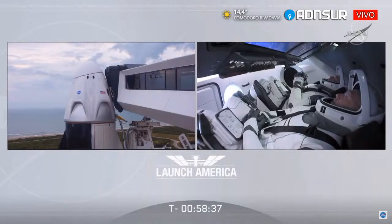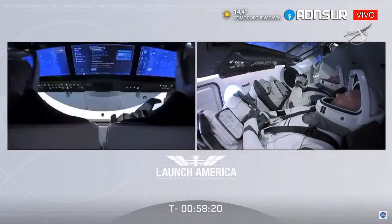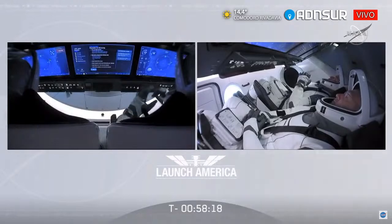The spacecraft is designed to accommodate up to 7 crew members with modular seats that can be removed and replaced by additional cargo. The seats are made of carbon fiber and will be custom sized for any crew members flying on board. That control panel that's centered between the pilot and commander seats consists of 3 touchscreen displays, and that